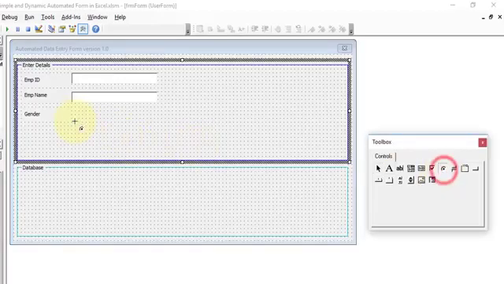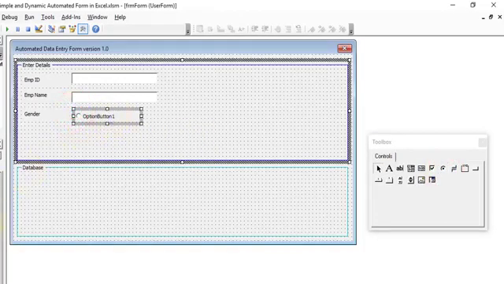Click on option button and then click on the form, make it a little bit smaller, copy and paste it, and adjust this here. So we have two option buttons, one for male, one for female.